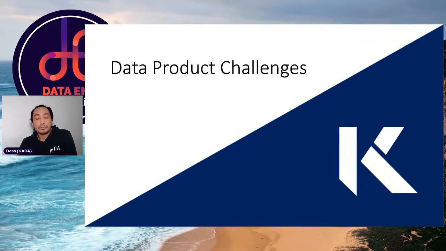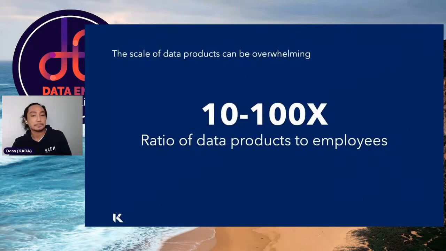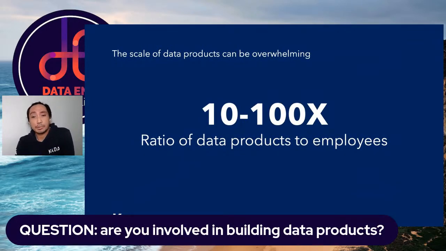Now that you know of a few of the principles, what happens when you start applying them to your data products? In my experience, there's a few big problems that become apparent very quickly. The first is that depending on how you define a data product, you can have a lot of them. If your atomic data product is a data set or a report, you can have thousands of data products for even a small company.